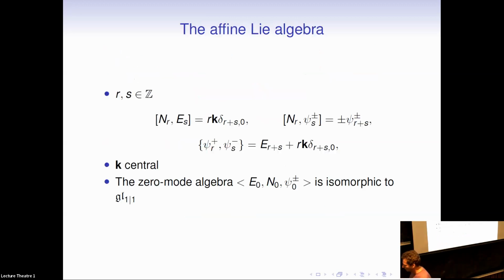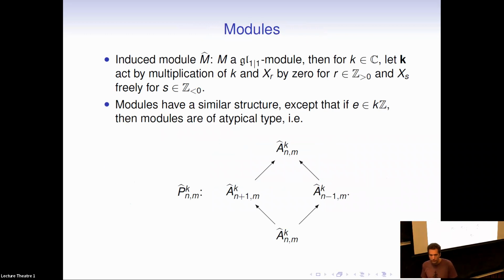Okay, now this is already all I need to present about the representation theory of the finite dimensional Lie superalgebra. And now if you affinize, well, you do it in the usual way. So here the zero mode subalgebra, our horizontal subalgebra, is just GL1/1. And now what we can do is, of course, induce any module of the horizontal subalgebra to a module of the affine Lie algebra, and